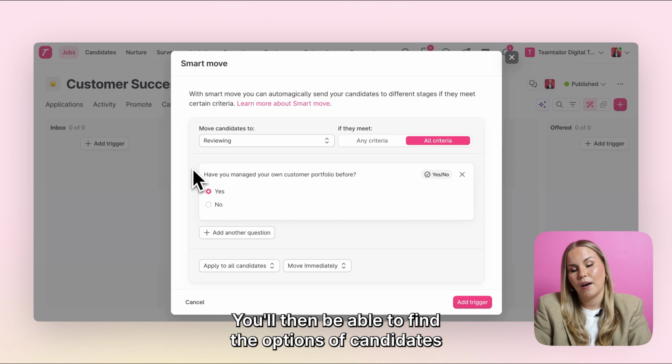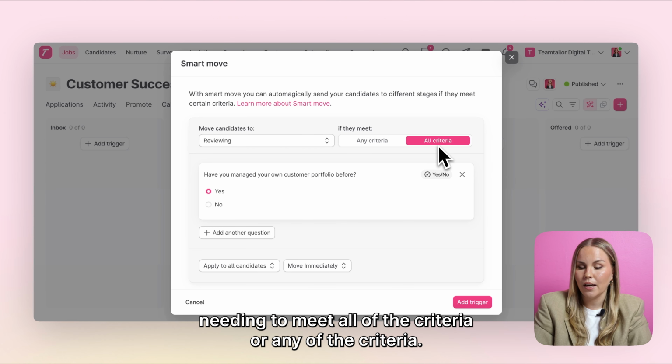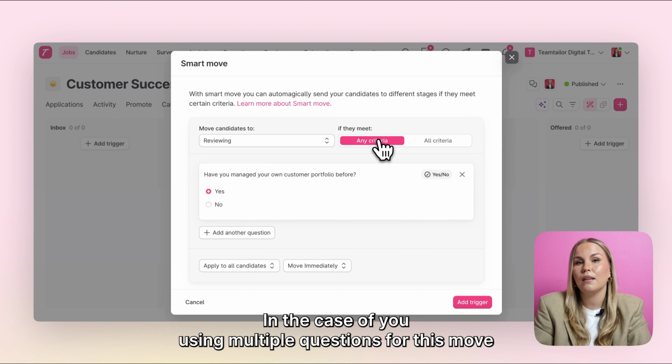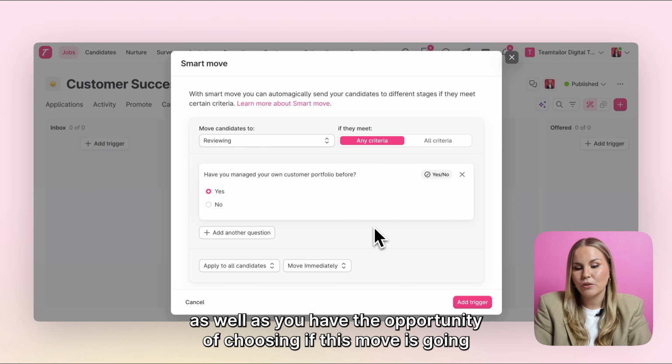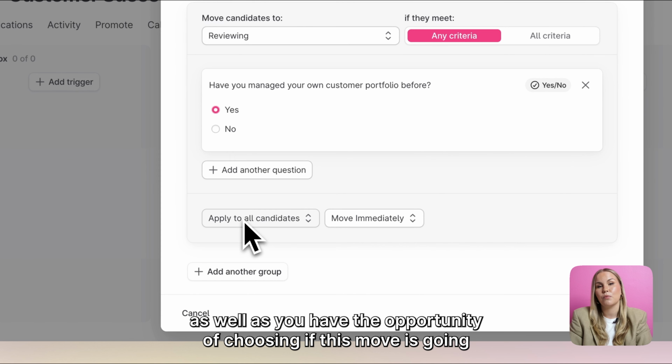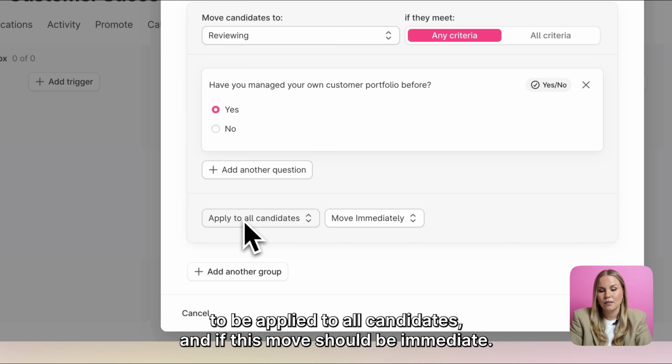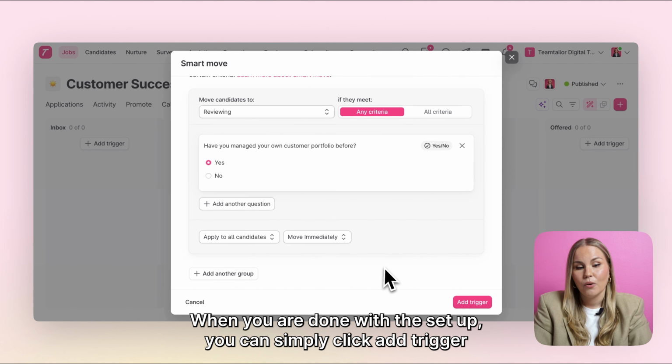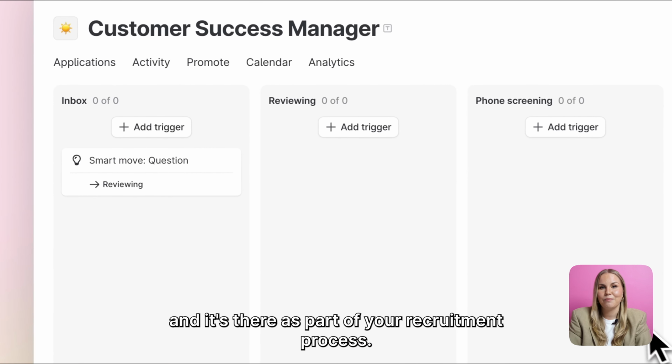You'll then be able to find the options of candidates needing to meet all of the criteria or any of the criteria in the case of you using multiple questions for this move. As well as you have the opportunity of choosing if this move is going to be applied to all candidates and if this move should be immediate. When you are done with the setup, you can simply click Add Trigger and it's there as part of your